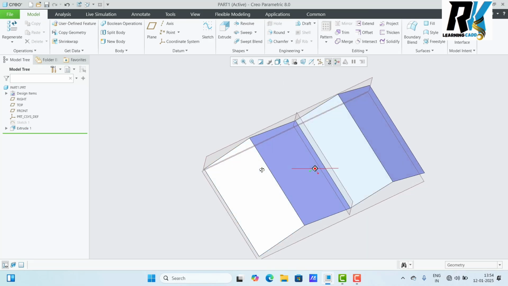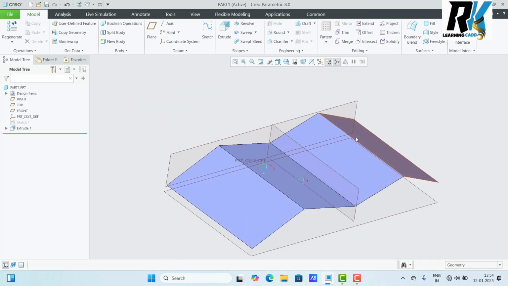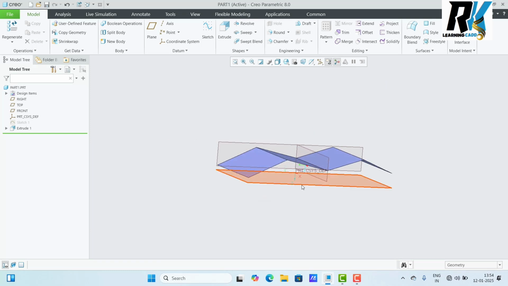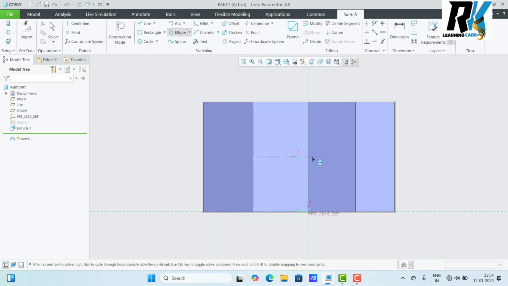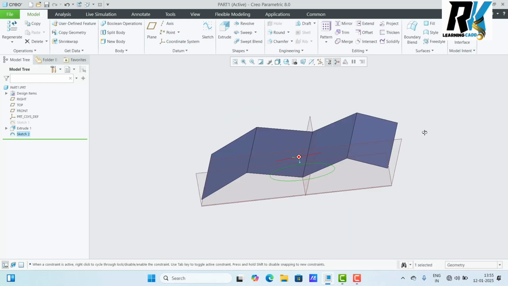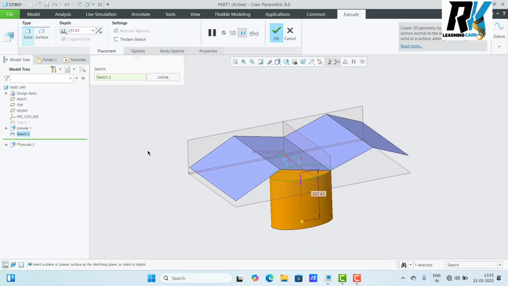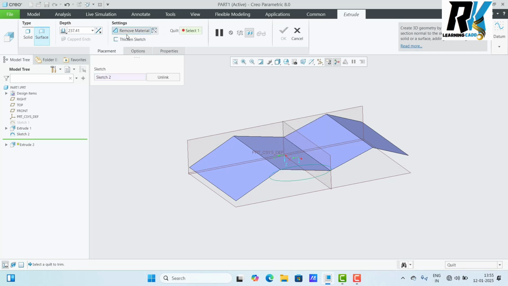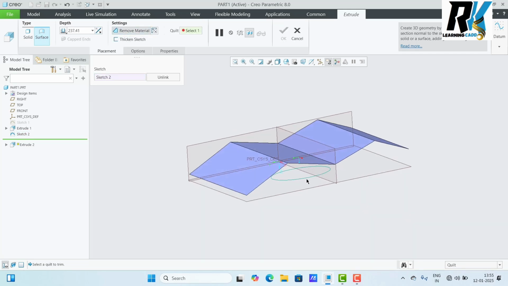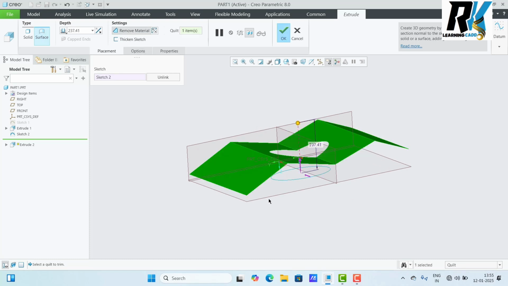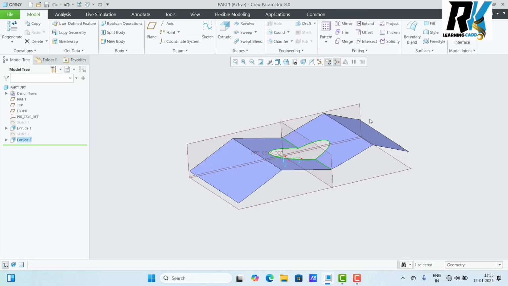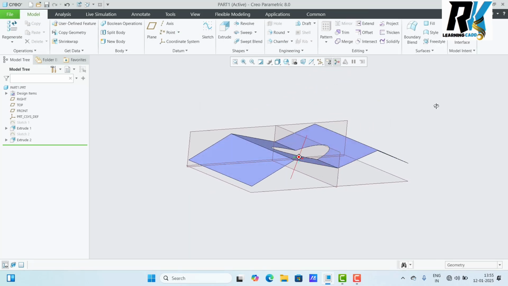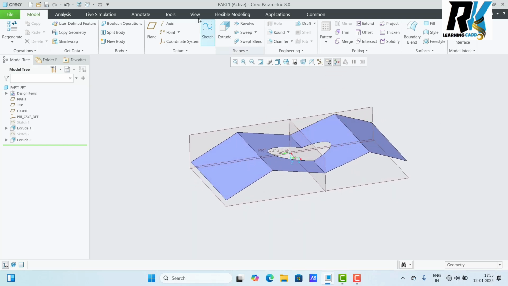Now the part modeling color and this color are different, this is the surface color. Okay. Again suppose I select this plane, again I make a sketch here and make an ellipse and finish. I select extrude, which goes downside, we select outside here, select surface and select remove. So see here friends, it's not working. Select this one. When I select this surface, you see the cutout is applied automatically, and just press OK. So this way we use the extrude command.